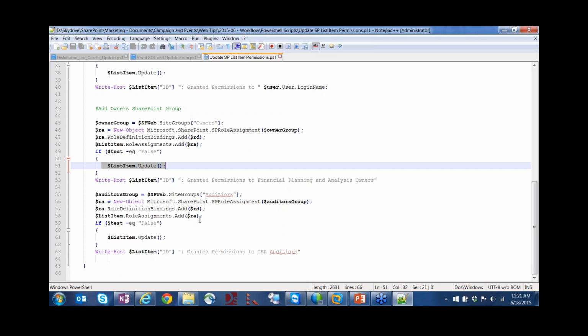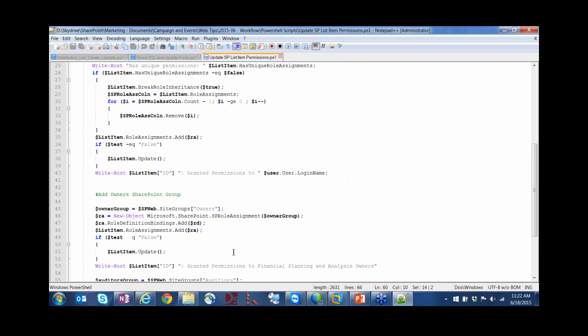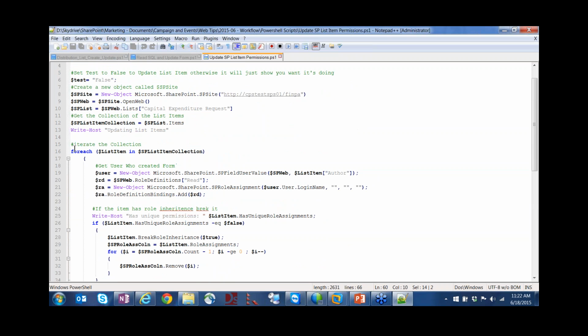If you have 2,000 forms filled out in your organization, you don't want to go in there and literally grant everyone permission to your form. So instead, if you write a quick PowerShell script such as this one, we can say go find that auditors group, go ahead and for that list item, add that group, and then call the update method. So that will grant permission to the auditors, and the for each loop here